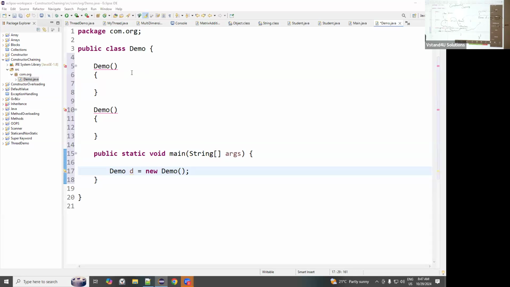See, here for constructor chaining, the constructor overloading is mandatory. In main method, I am creating an object. The constructor will execute during the object creation. Why is it showing error? It is not satisfying the constructor overloading rules. Then here we'll pass some parameter like int x. Here some printing statement